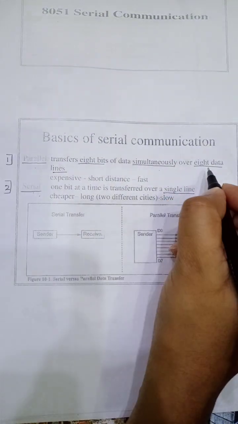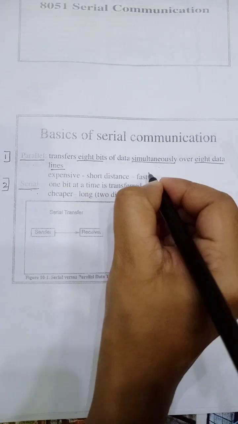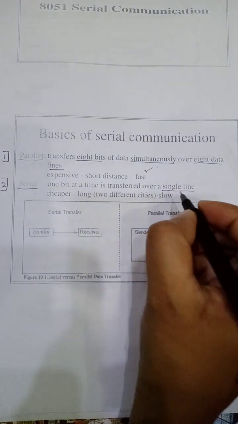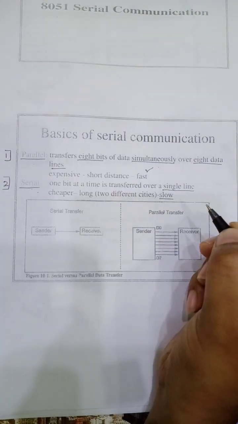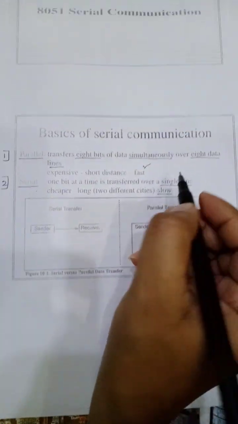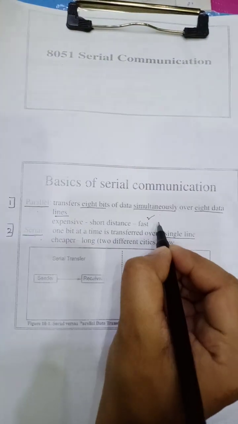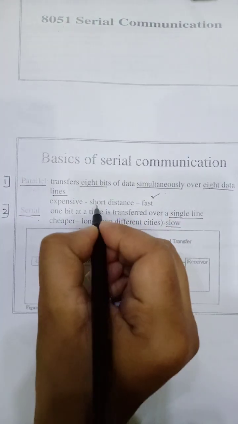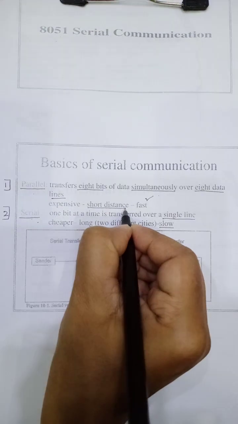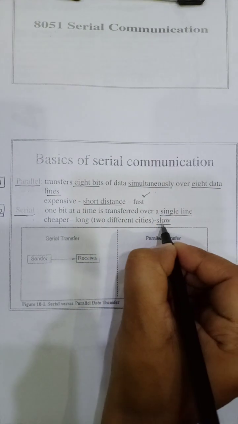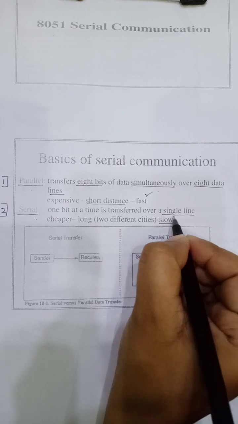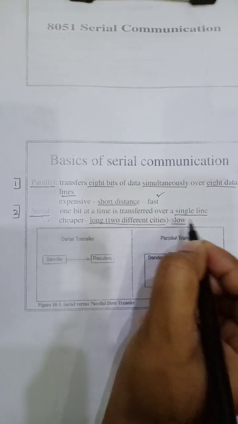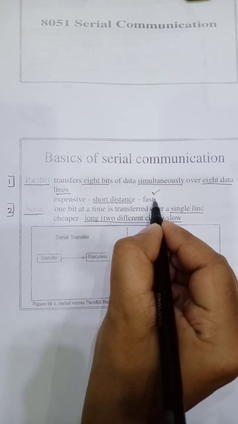As all the 8 bits of data will be sent simultaneously, parallel communication obviously works faster, whereas compared to parallel communication, serial communication will be slow. Even though parallel communication is faster, it is most preferable whenever the distance of communication is short. Whereas even though serial communication is slow, it is most preferable when the distance of communication is long. So even though it is fast, parallel cannot be used for long distance communication.